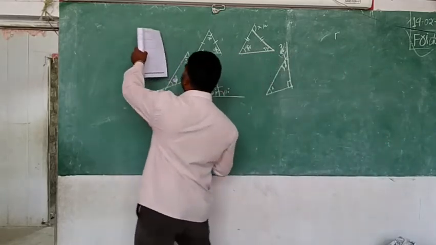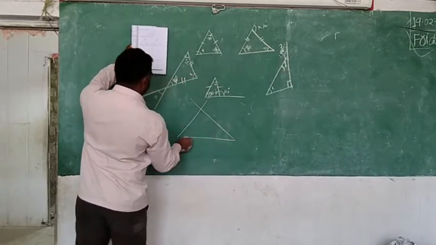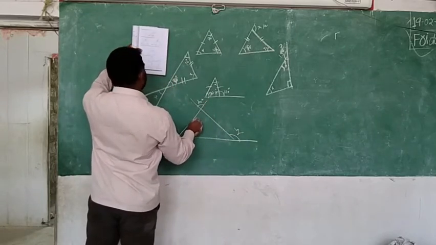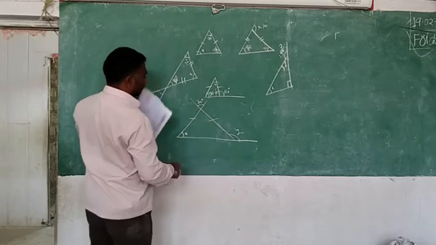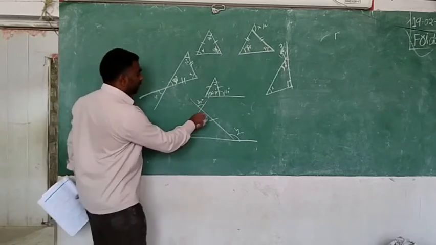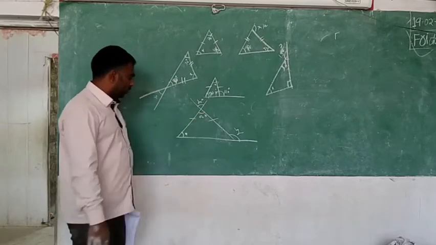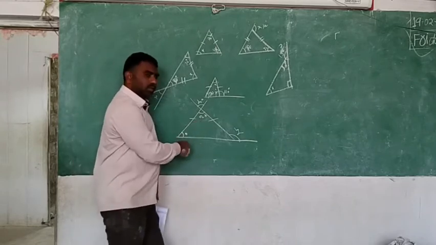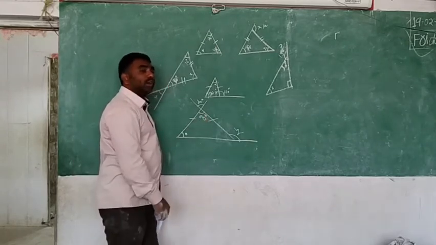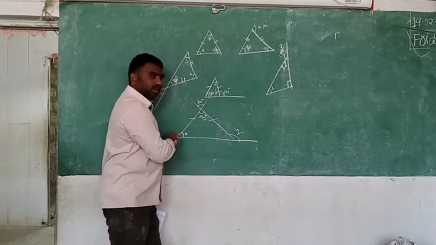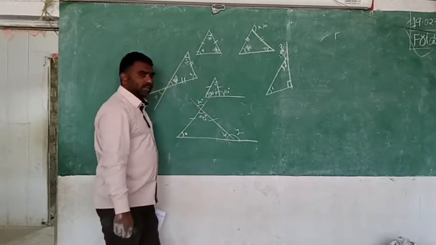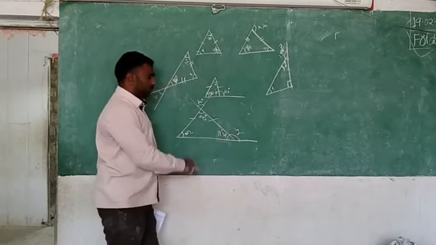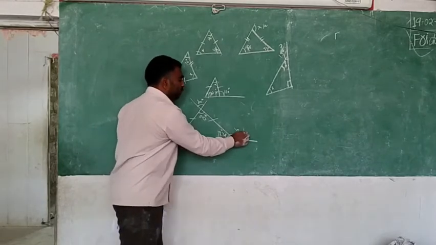Last one. Y is 80, clear. X: vertically opposite angles are equal. 80 and one more, 80 and vertical. This is only found. The two are equal. Which are equal? These two sides are equal, means these both angles are equal. If this is x, this is also x. Now what will you get? 50, 50. Now the exterior angle you can also find by adding these two. 80 and 50 will be 130.